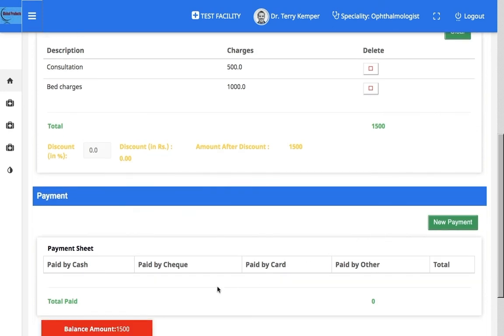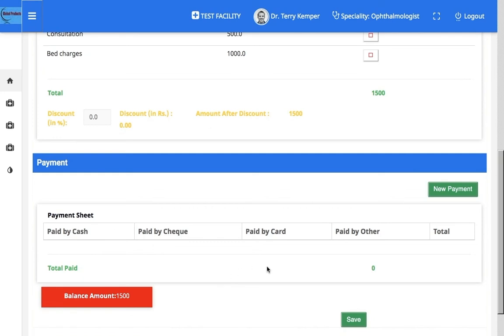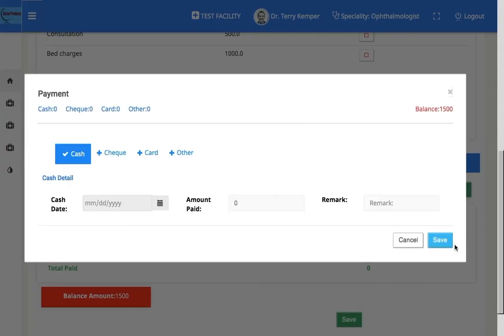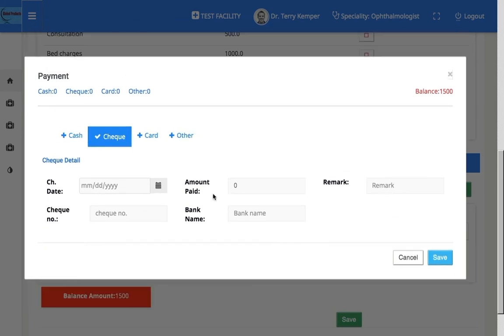Payment methods can also be selected. For the payment made by the patient, click on new payment, and the mode of payment can be selected, such as cash or check if the payment is made by the patient using a check.